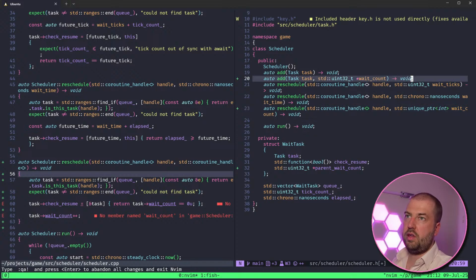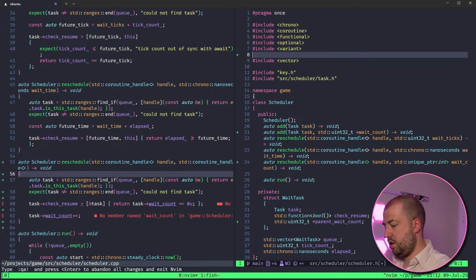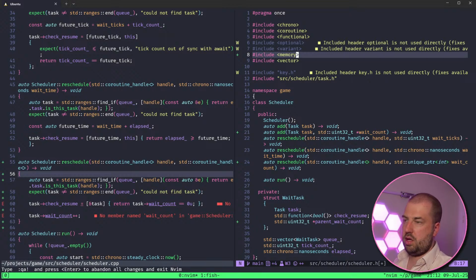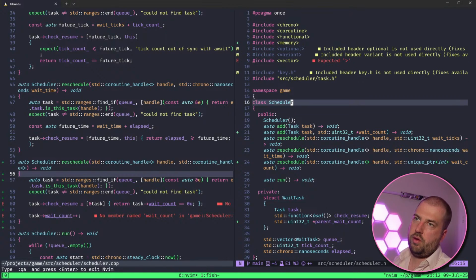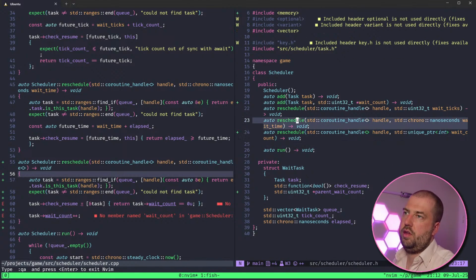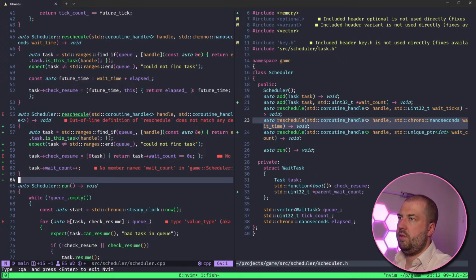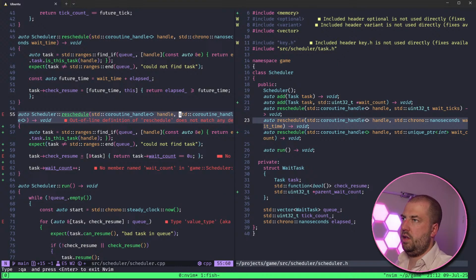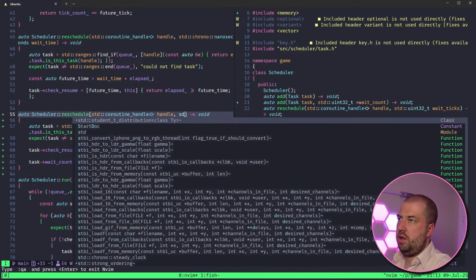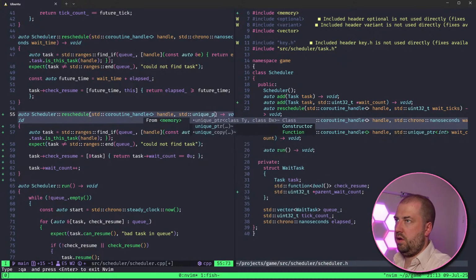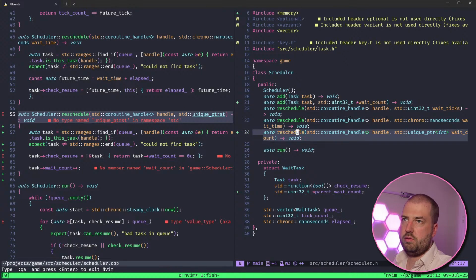So this will be owning the... so down here, and then the unique pointer int. What am I doing?